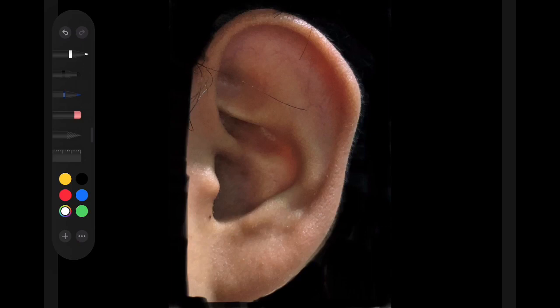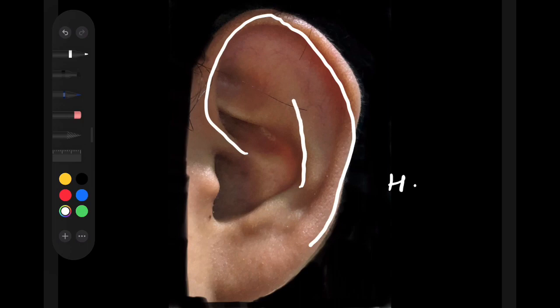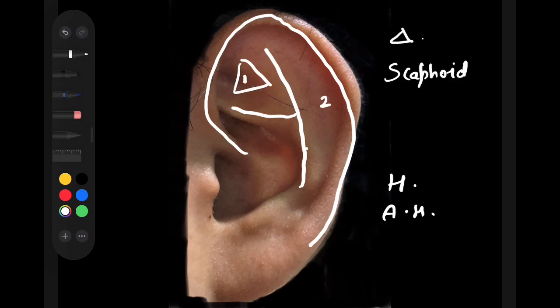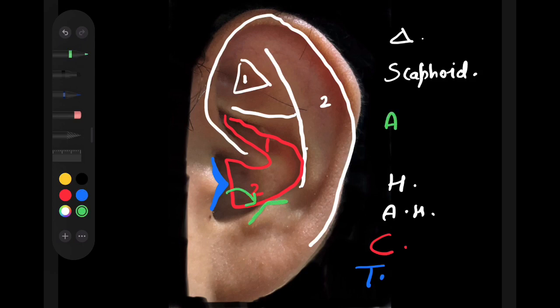Starting with the outermost elevation, that's the helix, outermost to the biggest. Then opposite to it, which splits into two superiorly, is the antihelix. That fossa is the triangular fossa. The second depression, which is boat shaped, is called the scaphoid or the scapha. Now, what is the biggest depression which is guarding the EAC? That's the concha. Very good. Now it is divided into two by the crus of the helix. It's called cymba concha and cavum concha. Then the one opposite to that is the tragus, which is protecting or guarding the external auditory meatus.